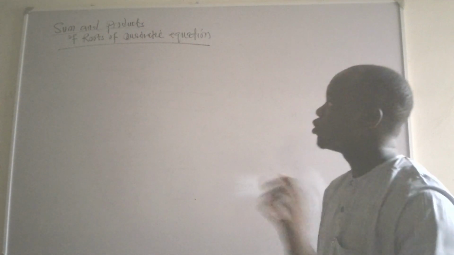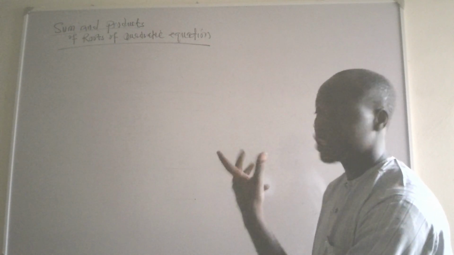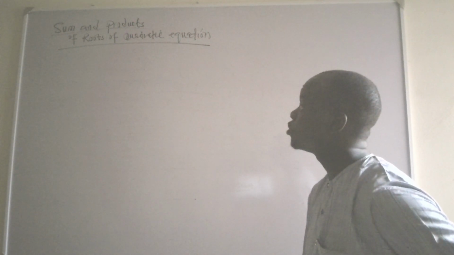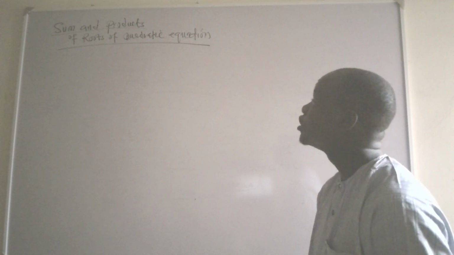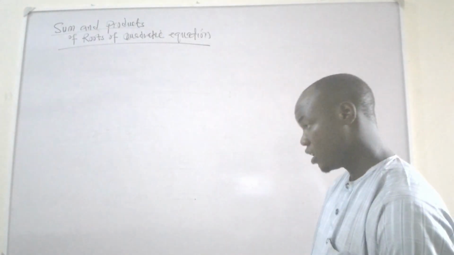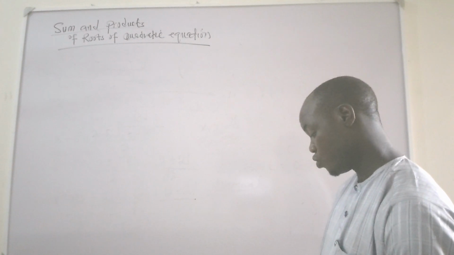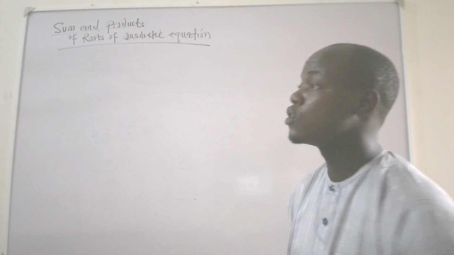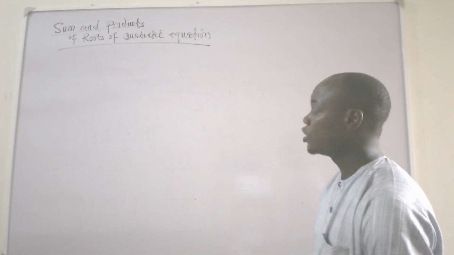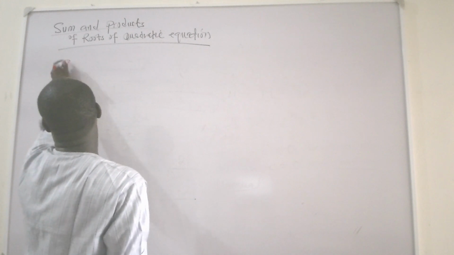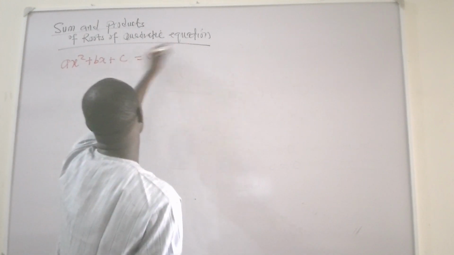So now we are going to look at sum and product of roots of quadratic equation. After knowing the nature of quadratic equation, we are now going to look at sum and product of roots of quadratic equation. Ladies and gentlemen, we need to understand something here. When we say sum, it means addition. Product means multiplication. So let's start with ax squared plus bx plus c is equal to 0, which is the